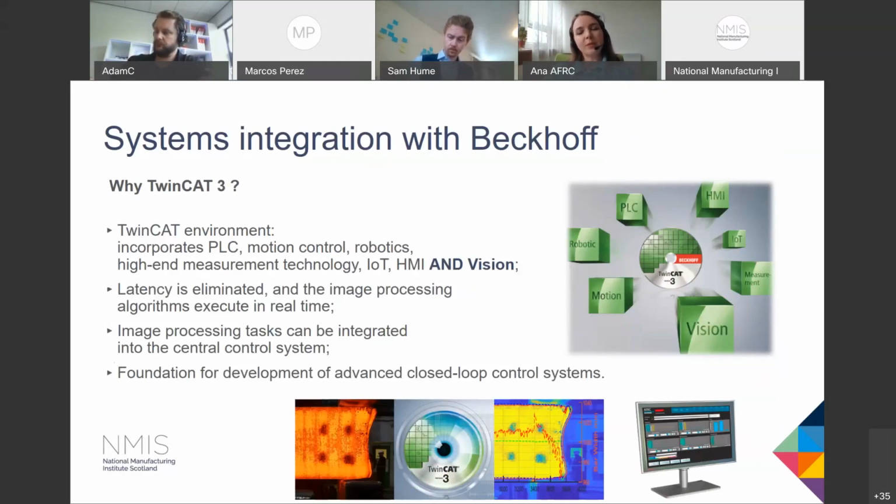So moreover, with TwinCAT Vision, image processing tasks can be integrated into the central control system, which lays a strong foundation for development of advanced closed-loop control systems. Of course, this is an ambitious goal, but that's why the National Manufacturing Institute Scotland is here: to solve complex